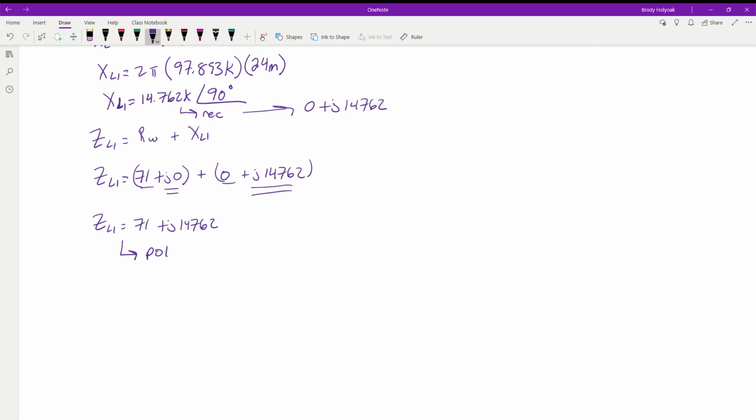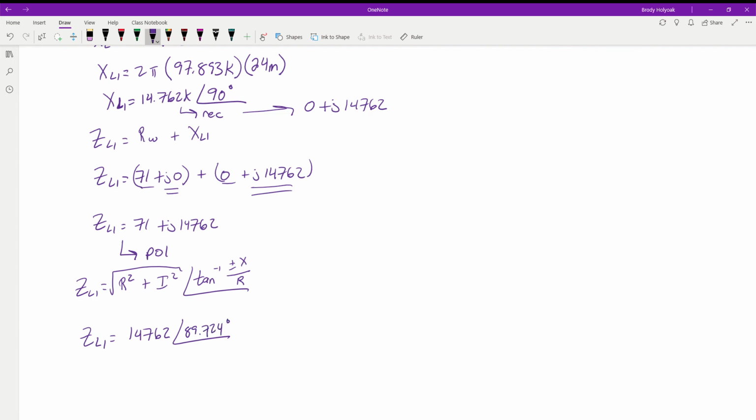Okay. So when we convert this to polar, remember, we're going to take the real value squared plus the imaginary value squared, and the square root of that, at an angle of the arctangent of plus or minus the x value over the real value. Now in this case, it's positive j, so our x value is going to be positive. So when we run through this math and plug all those values in, we end up with the impedance total for our inductor being